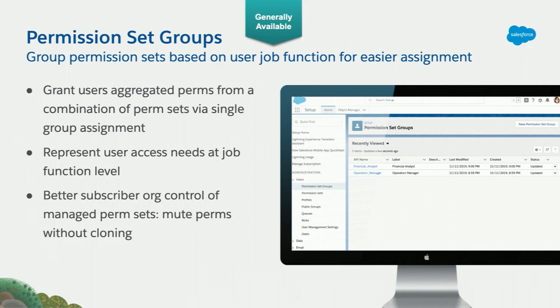A better part about this permission set group is that it creates a new way to collaborate with the managed package you purchased from your partner. In some cases, there are predefined features and managed perm sets that come with your package that maybe you don't want to expose to some of your users, or maybe your org is not ready to adopt yet. What admins today will do is usually clone a local copy of those managed perm sets, and then they have to manually maintain updating them, because the second you clone it locally, you lose the connection to your package through the package push upgrades.